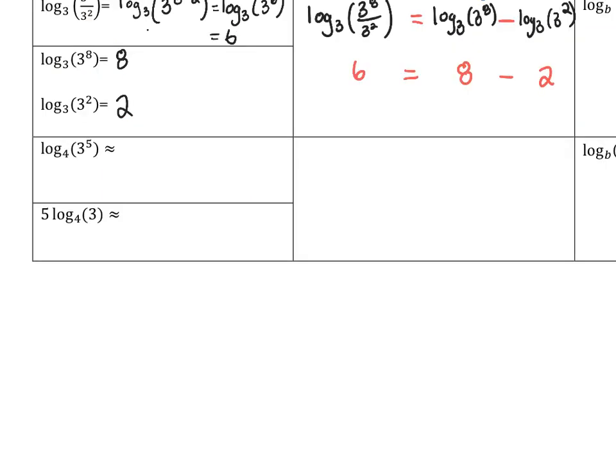Okay, our last set of problems has to do with things where the base does not match the expression that is in the parentheses. So log base 4 of 3 to the 5th, that's something I have to evaluate on my calculator. And in order to evaluate that in my calculator, I am going to do log 3 to the 5th, comma 4, if I have a new calculator. Or on older calculators, I will do log of 3 to the 5th divided by log of 4. So the answer that I get is approximately